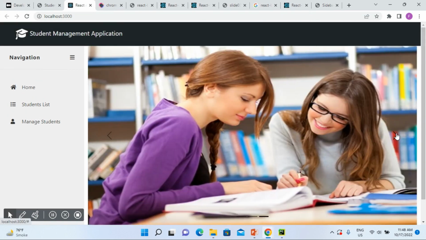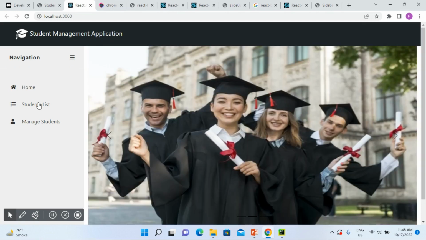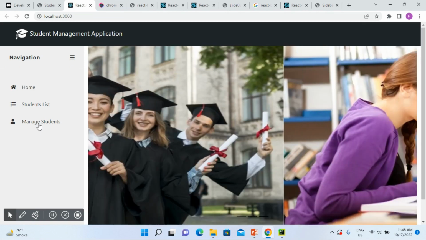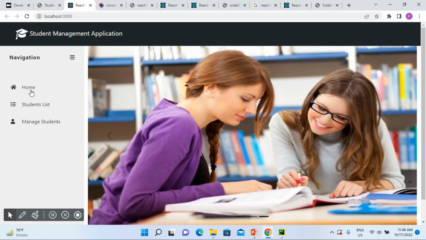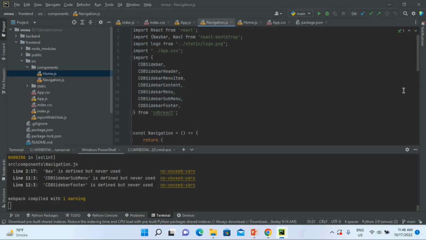So here you can see this sidebar automatically, but if I click on students list, manage students, or home students page, I actually can't see anything. I can't go to any other page. So for this I will need to add nav links in my navigation. If I go here in navigation, I will need to add some nav links to my home